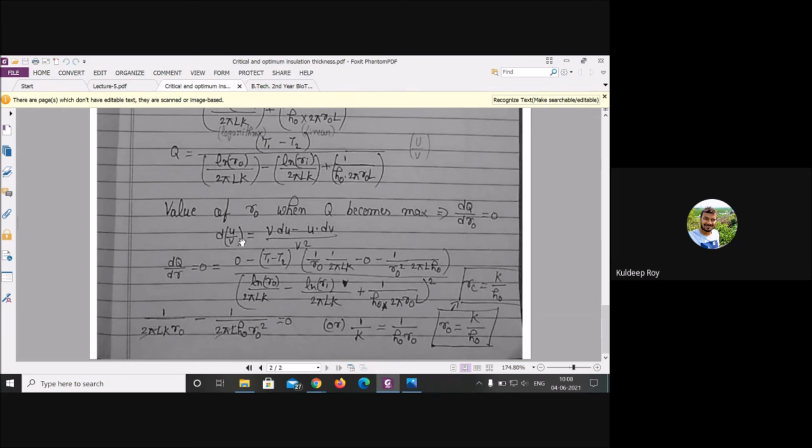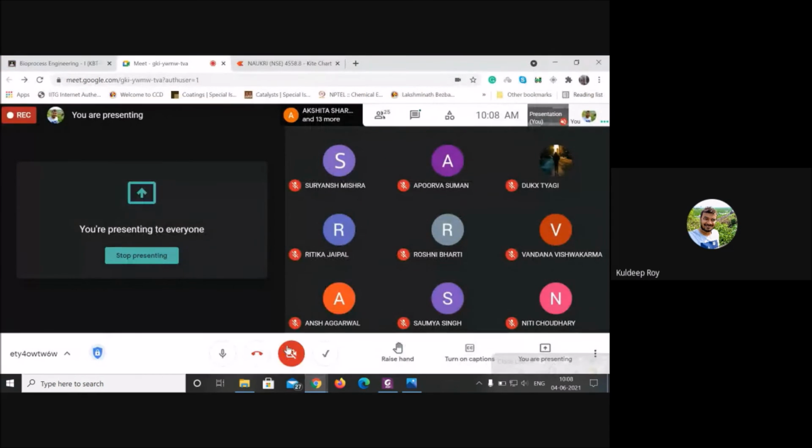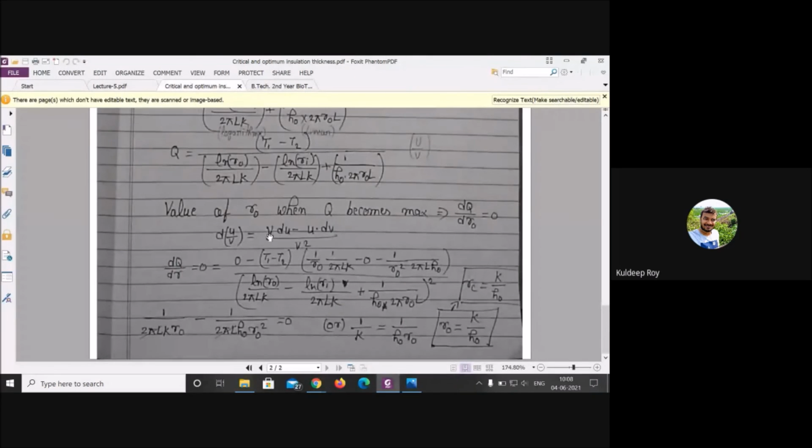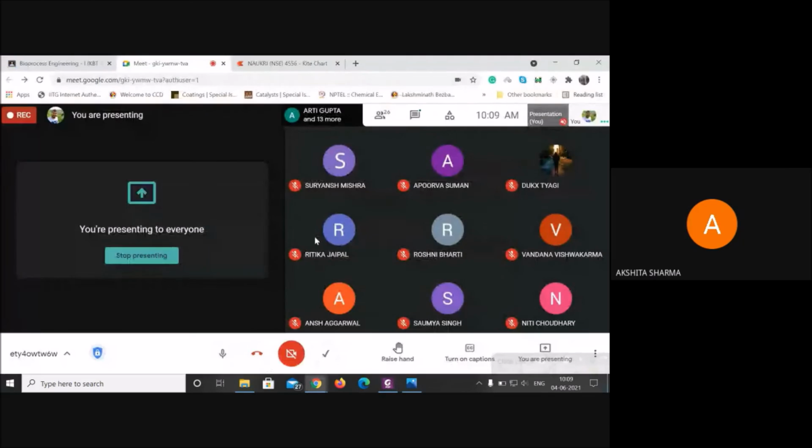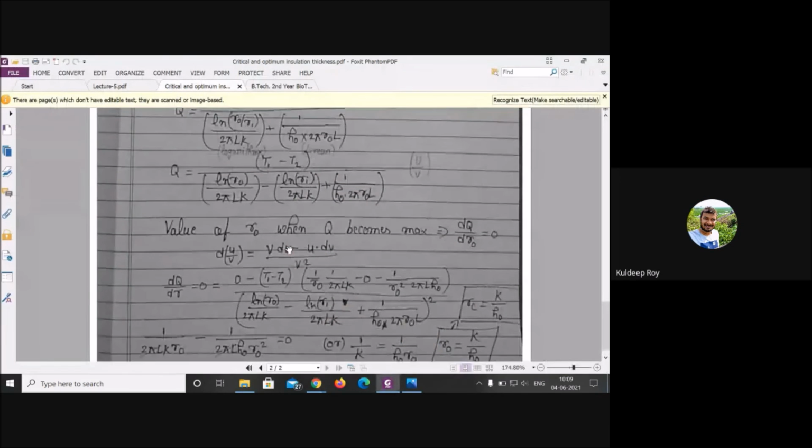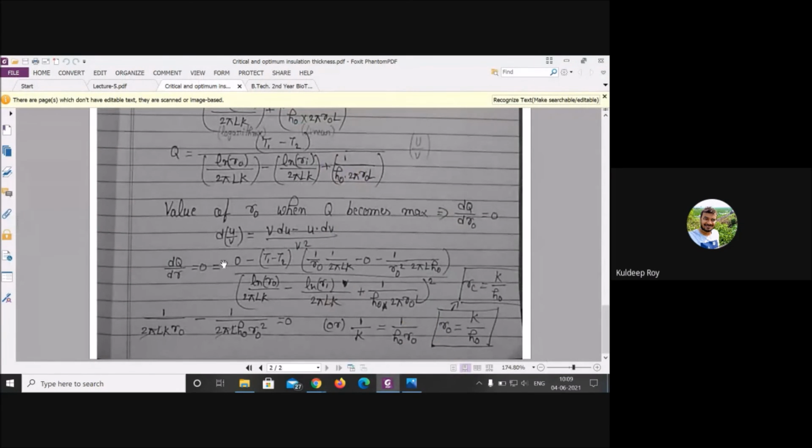You know this formula, yes or no? Anyone, please? Has anyone seen this formula before? Please respond yes or no. Yes, sir, it is the product rule. Correct, correct. Then you would not be facing any kind of trouble. Very good. The denominator term times the differentiation of the upper term, minus the upper term times the differentiation of the denominator, divided by the whole square of the denominator. This is the whole equation.